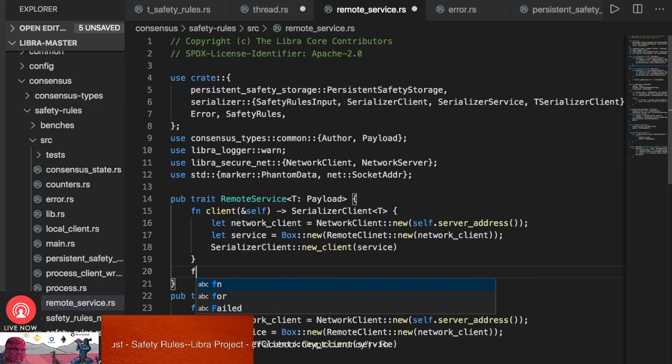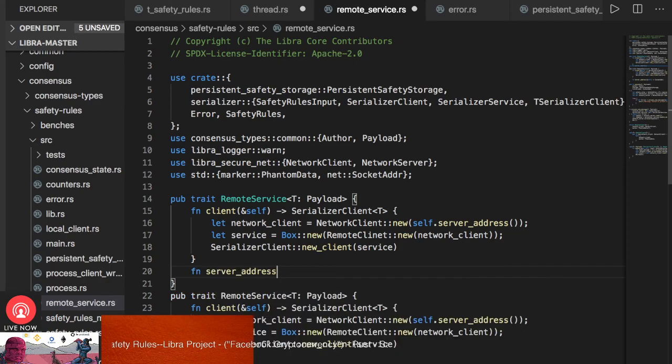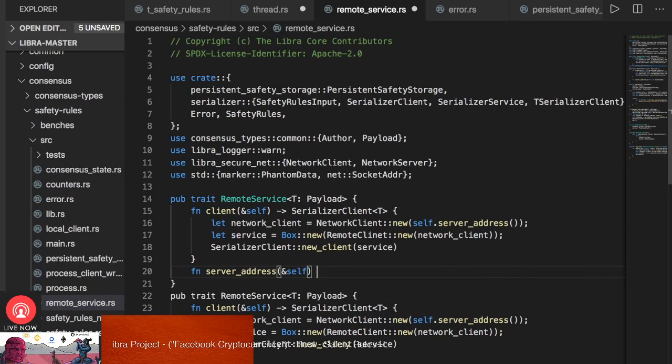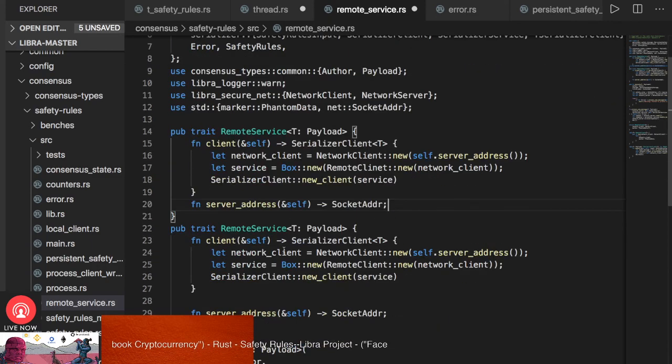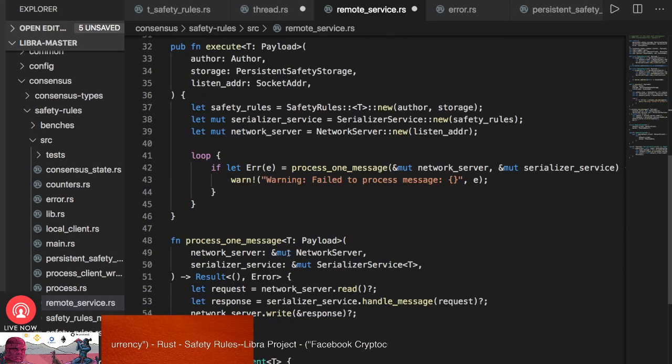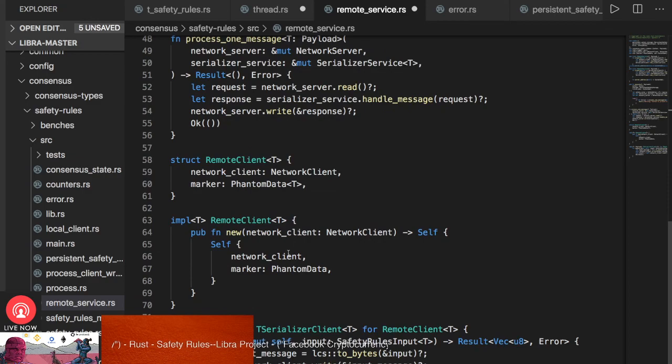And finally, the function from server address. And you can handle this address. And then you have this executable service, how this will be processed, and the serialization of the clients for the remote client. So it's a way to handle all the data that you have in this BFT protocol